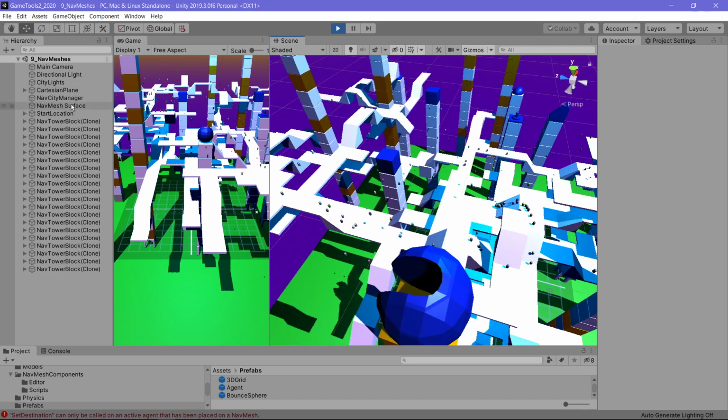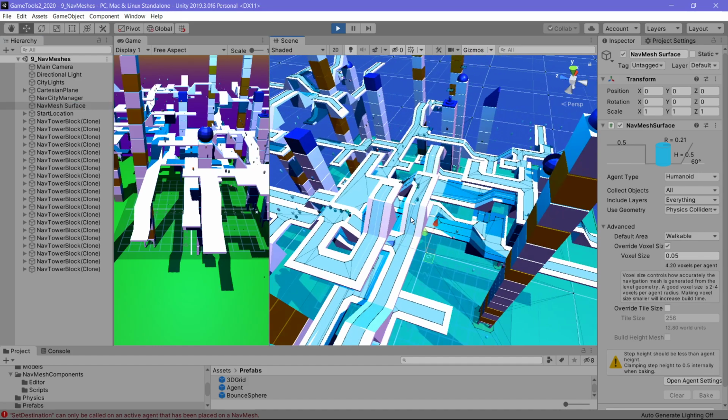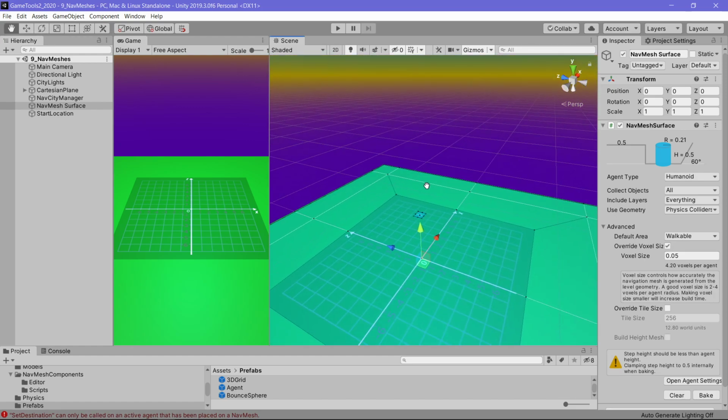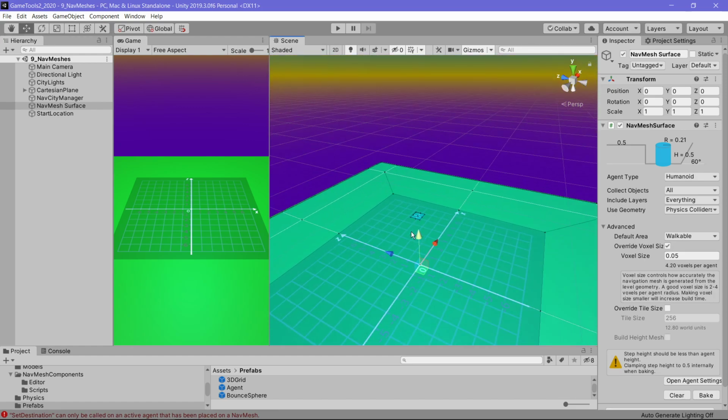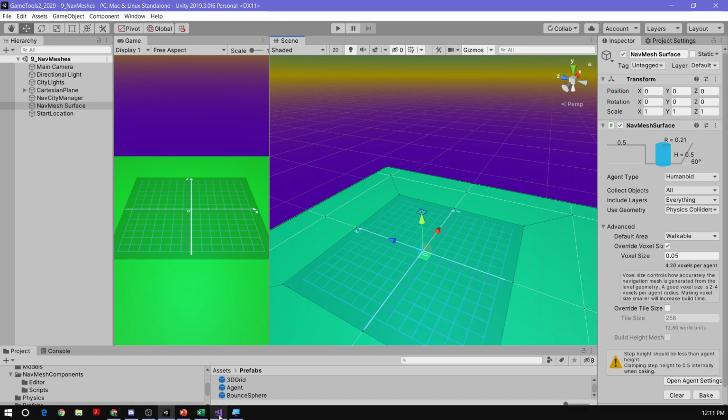Let's have a quick look at this nav mesh surface again. So this is how it came out with these settings. We could modify it and rebake it. Let me just fix one last issue: what happens if we build a building at the very center, and it goes over this starting location? What if there's a building there and then we want to build roads from the same location? To prevent that,